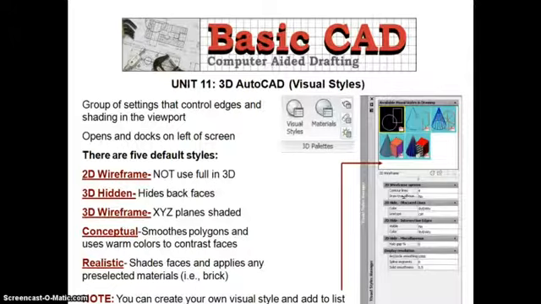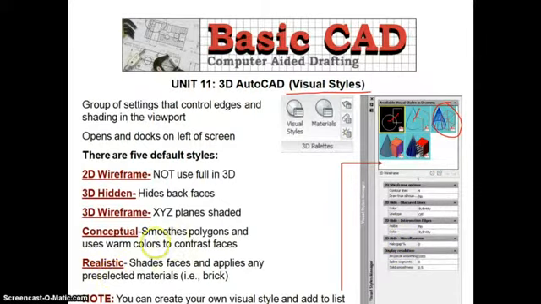Here are some of the visual styles which are used in AutoCAD. One is 2D wireframe. You can understand what the meaning of this is: the model is 2D wireframe. Other is 3D hidden. The part is 3D, but hidden edges, we can't see the hidden edges here. Other is 3D wireframe model. We can see the in-between edges of the object.